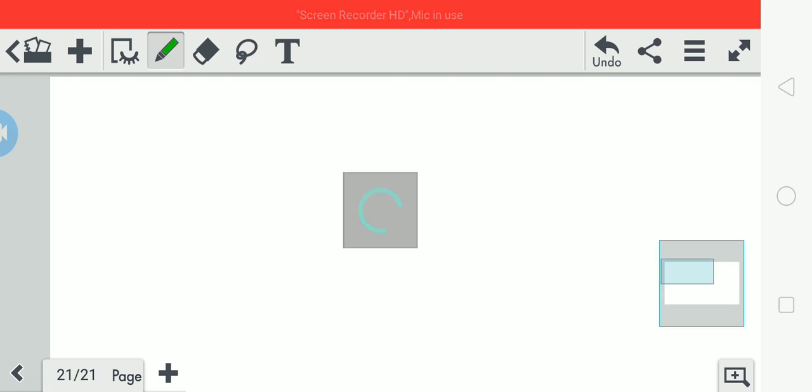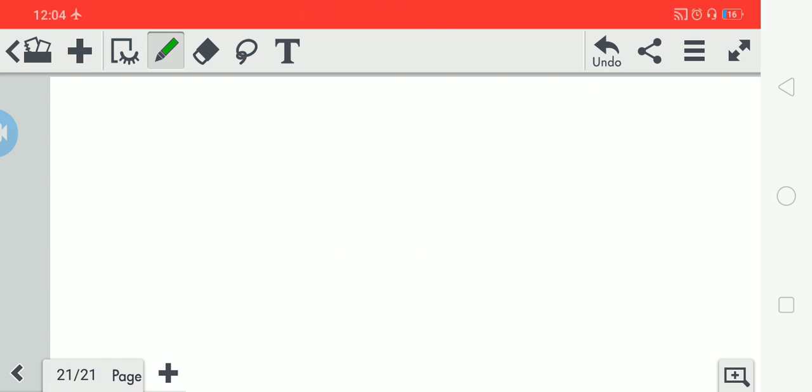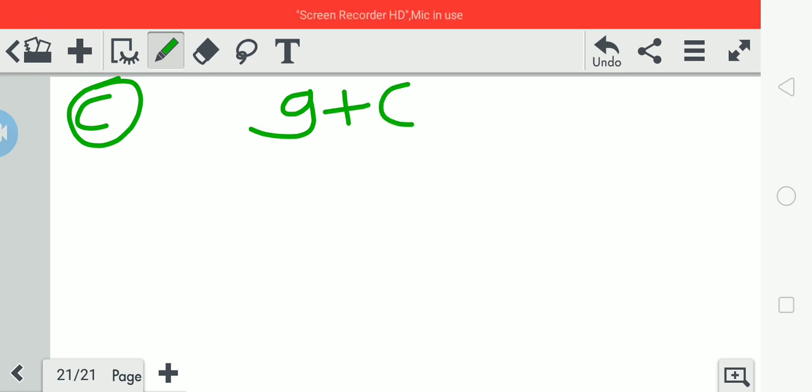Till now we have seen when both numbers are negative. Now what about when one number is positive and the second number is negative? Or either one is positive, one is negative. So see the C example here. The question is 9 plus of minus 11. Now see students, 9 is positive and 11 is negative. Means one is a positive number and one is negative. How to solve this kind of question?